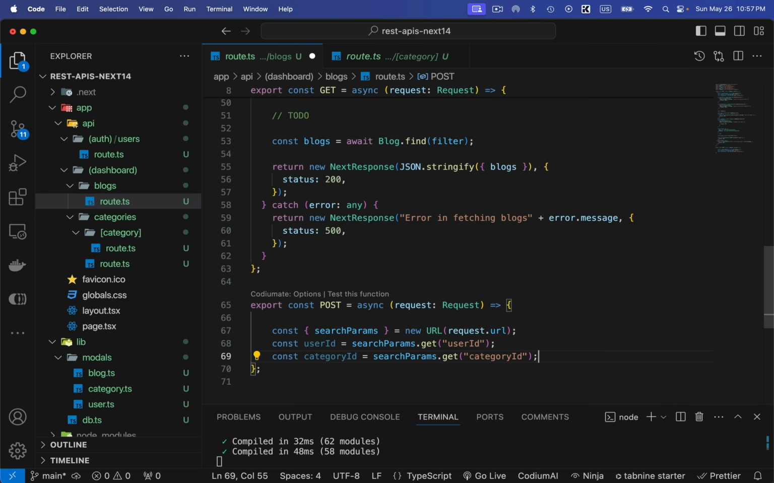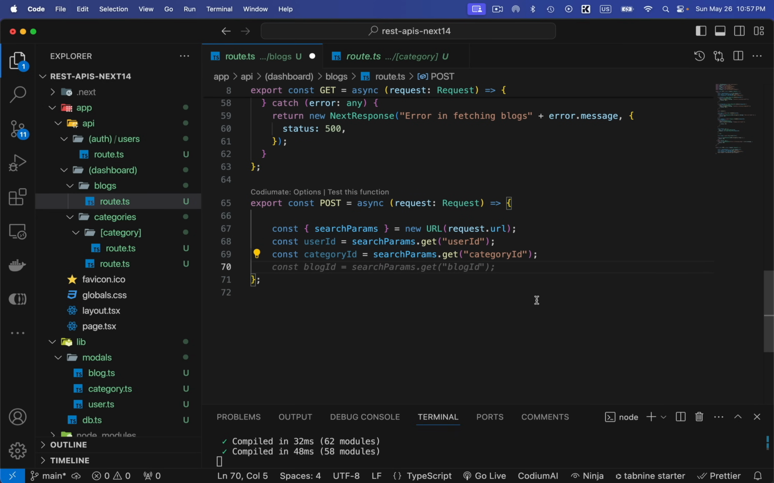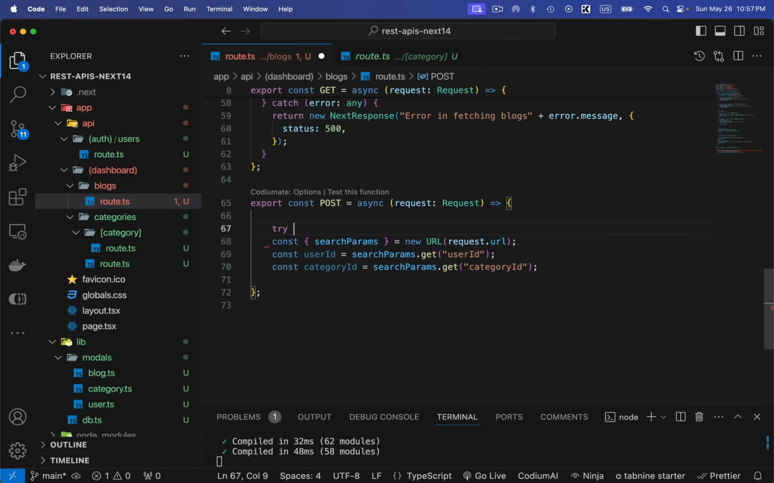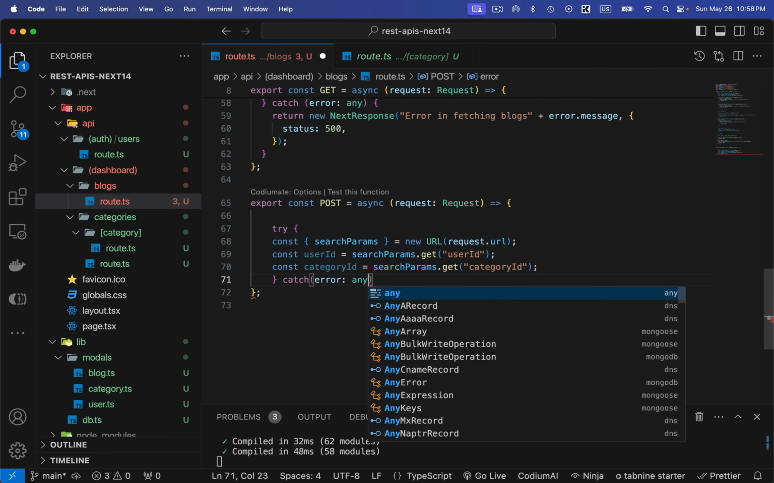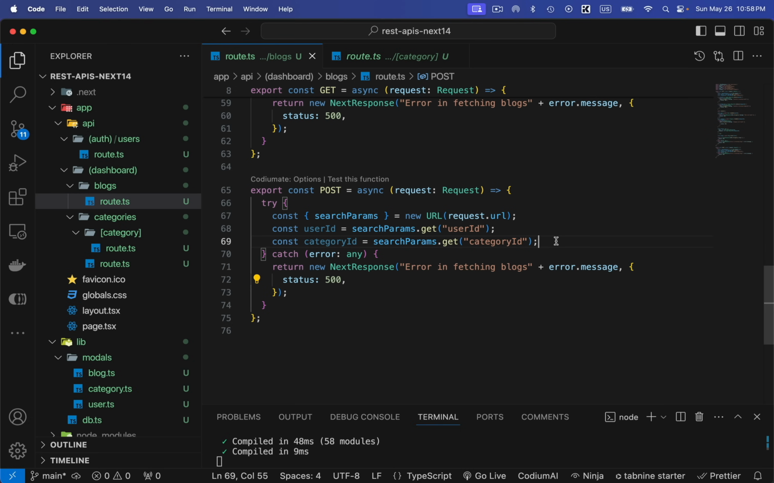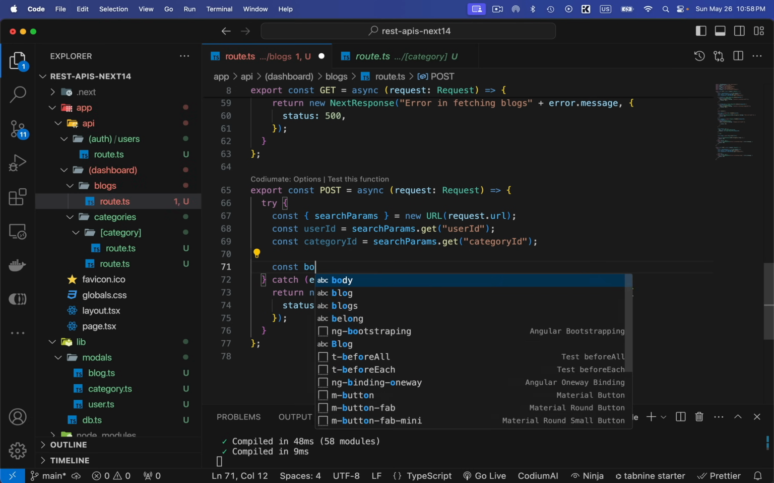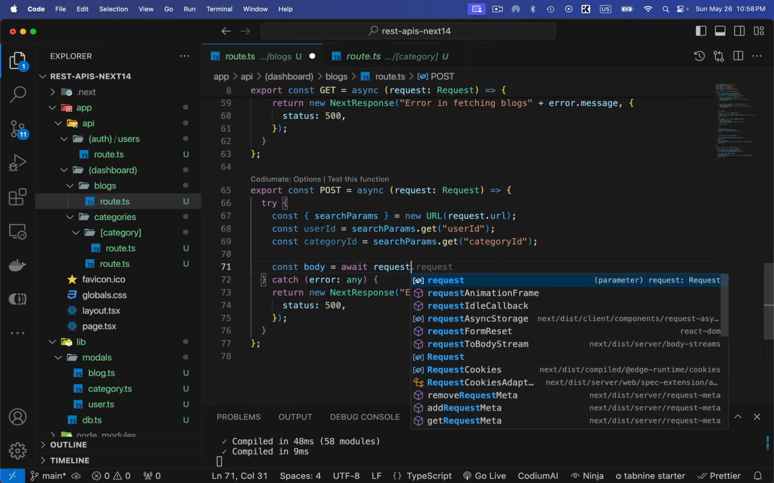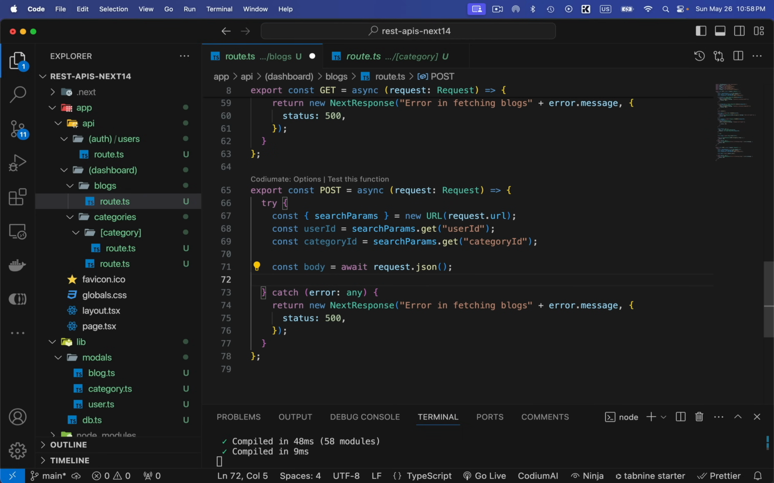So now for posting, I would also need the body, the data which needs to be added in the database for the blog. It can be the title and the description. But let's put all of these things within the try catch block for error handling. So let's add error any like this, and inside this, error in fetching blogs. After this I need to fetch the body equals await request.json(), and then I can fetch the title and then the description